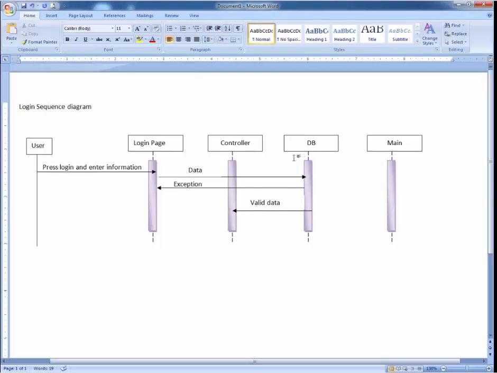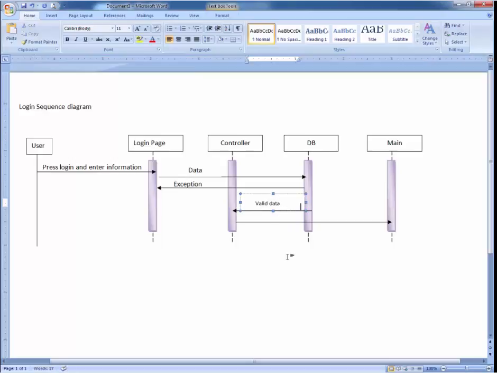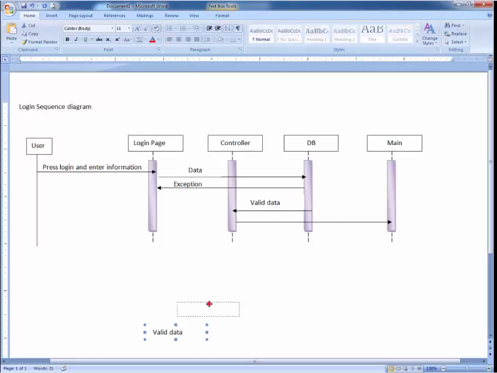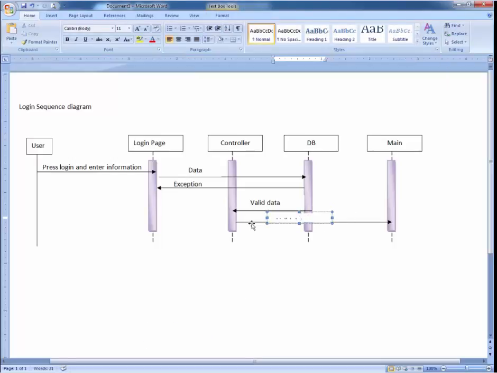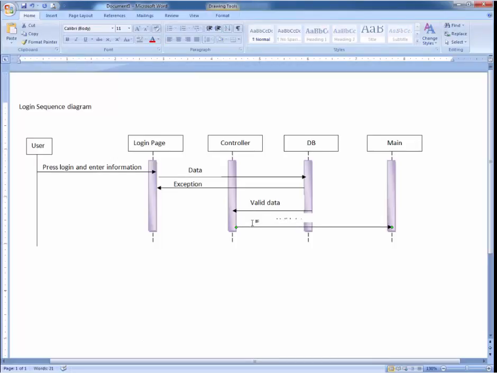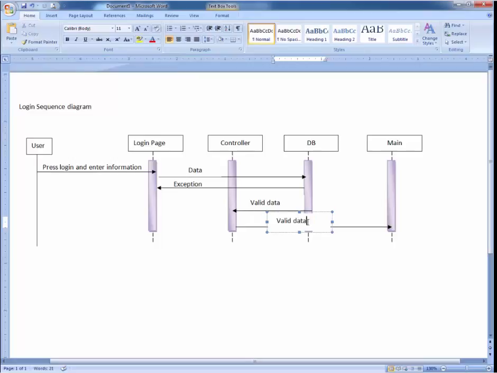If the data is correct, the DB will inform the controller, and the controller will redirect the user to the main page, or you can say it will give the user permission to interact with the system.